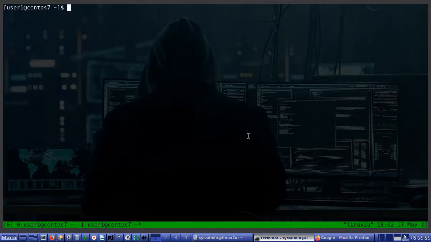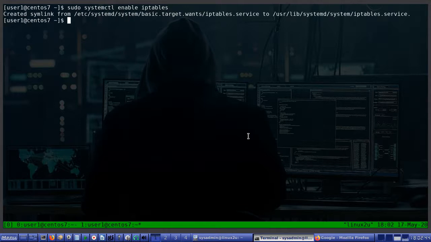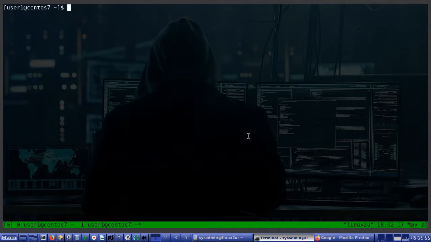Now I must enable iptables services. I will start iptables. And that's it. If I do the listing now,